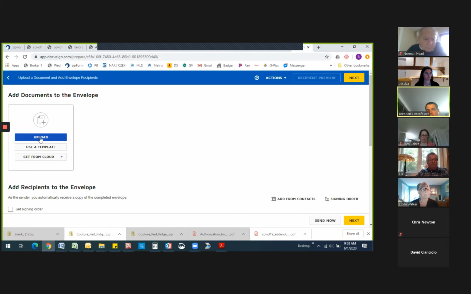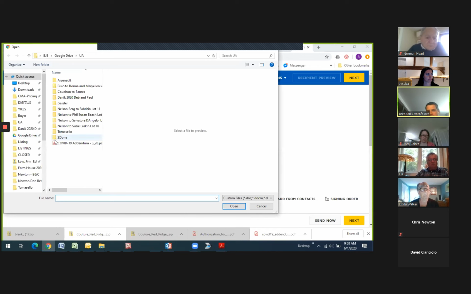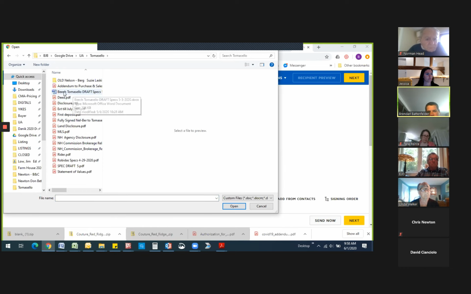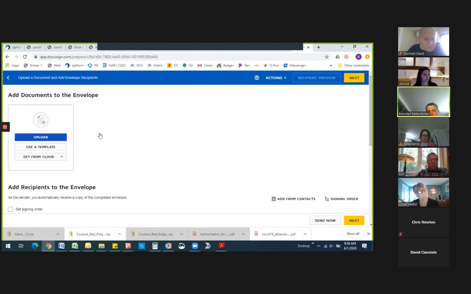I'm going to go over here and upload. So I'm going to go find what it is I want signed, and I saved it under Tomasello. And there's the Word document, but I can't use that. So I want to go down here, specs draft 5, which is what I saved it as. You can see it's red, so it's a PDF and not a Word document. So if I try to load this,